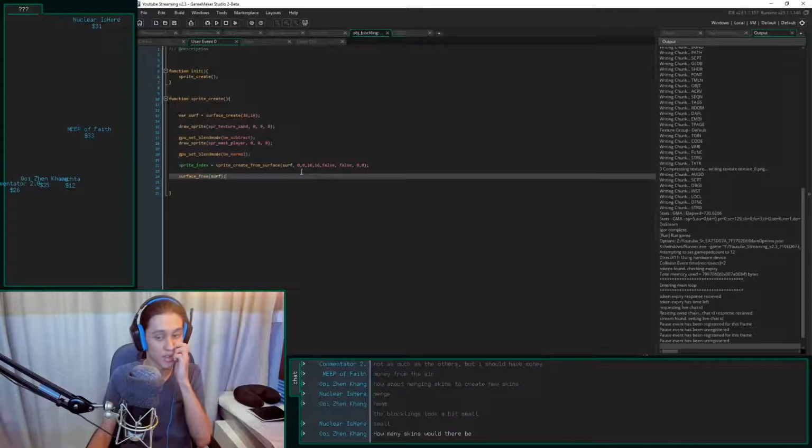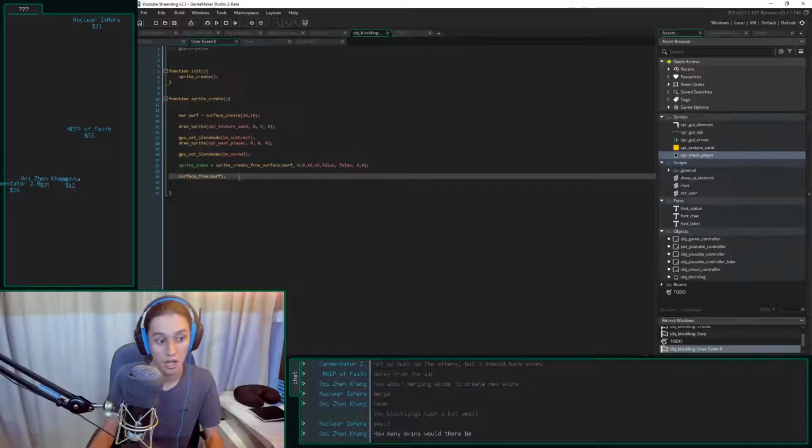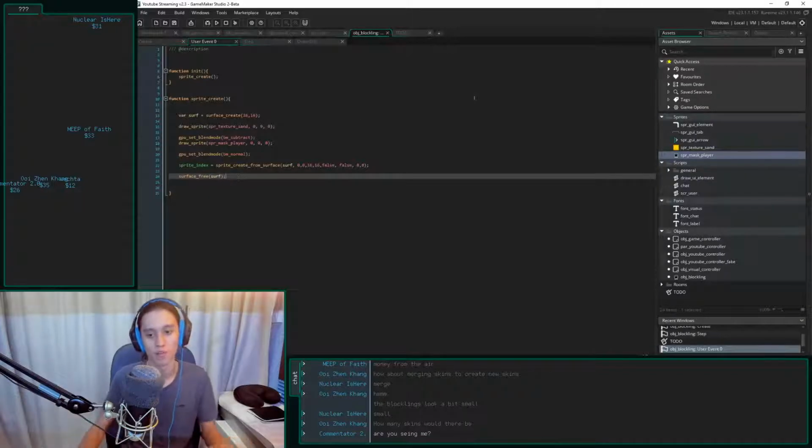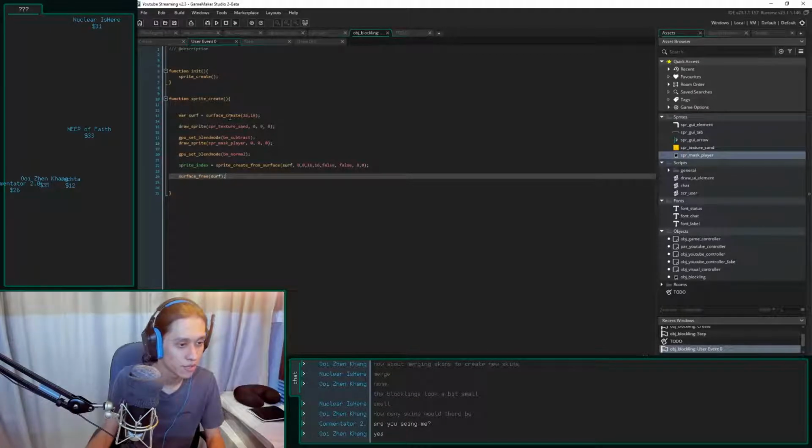How many skins would there be? I don't know. I'd spend, I don't know, a couple hours making them, and we see how many we come up with. But all of these are pretty textured. Like we have one for blocks. Blocks are easy. We just import all the blocks from Islands of War. Masks are fairly easy. At least my idea is they need to be very easy. So you put those two together, there's a lot. I don't see them for some reason.